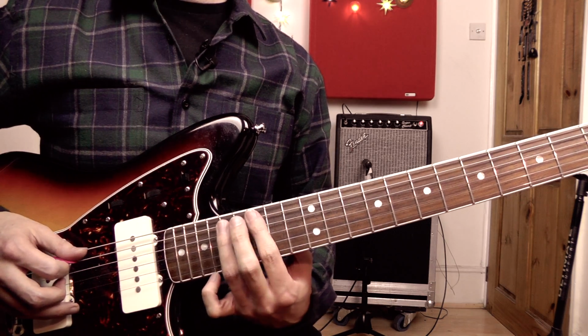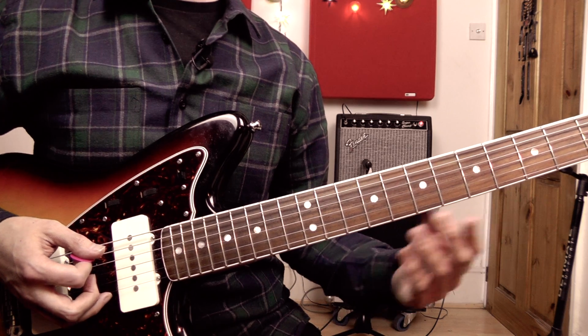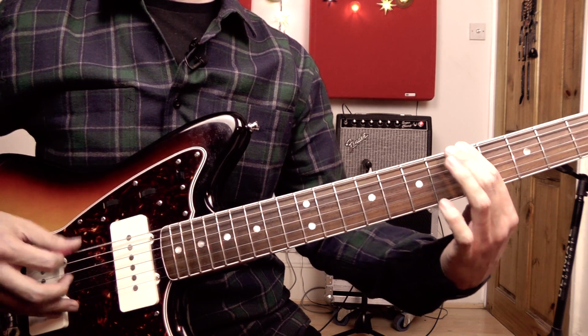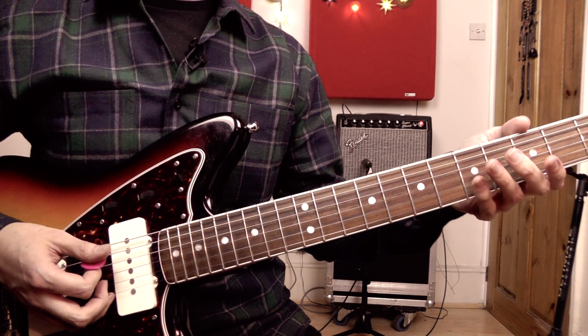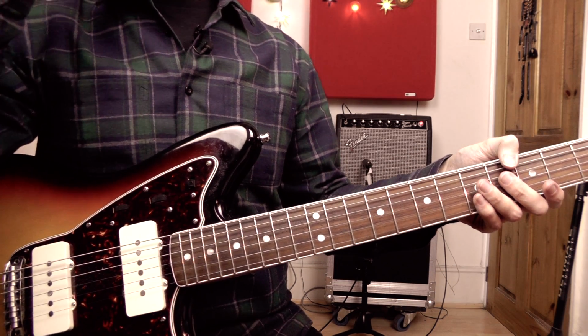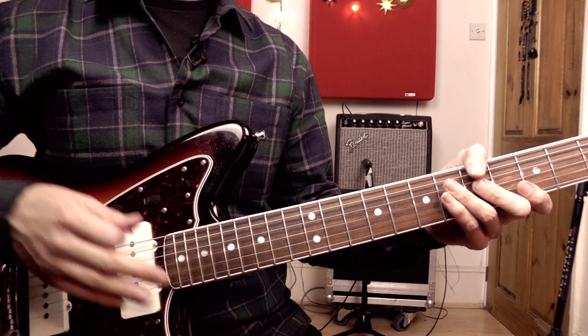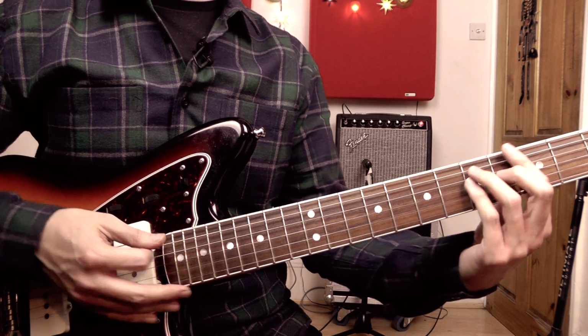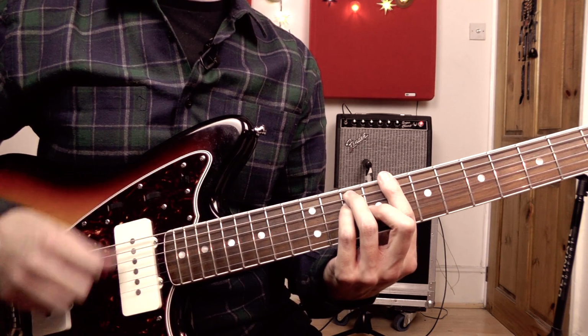Sometimes the bass is doing this. Sometimes the bass is following the root notes of the chord progression, and then towards the end of the song the two of them kind of go out of sync, and there's a sort of call and response thing going on. So the guitar part will be doing this, doubling the bass,